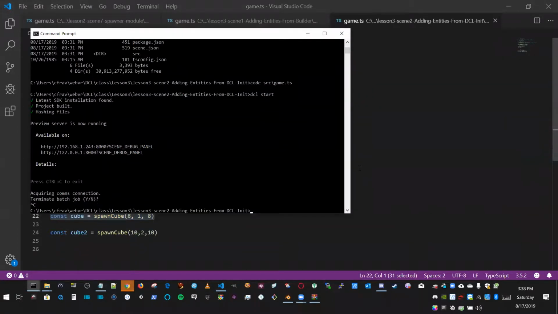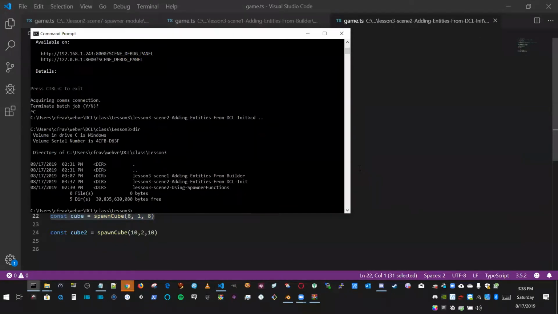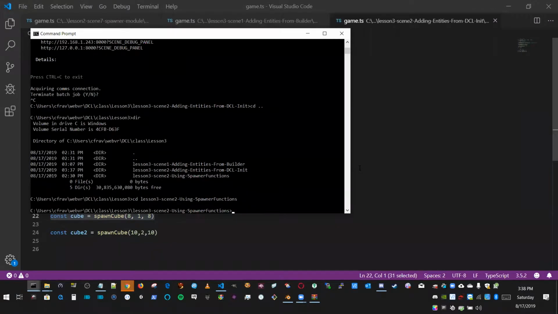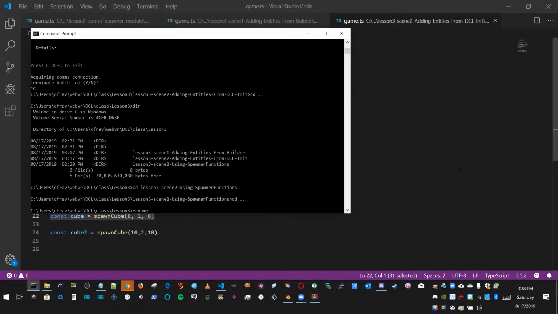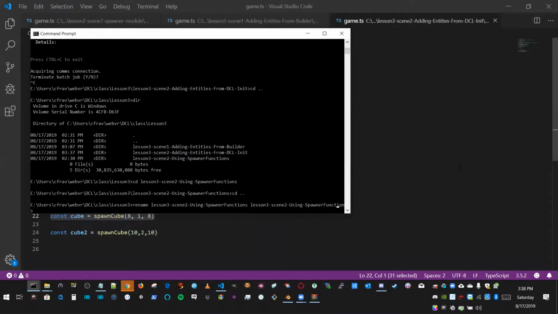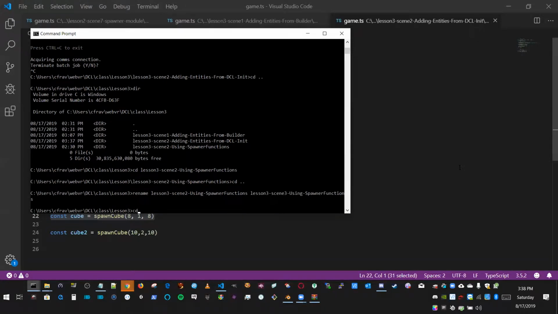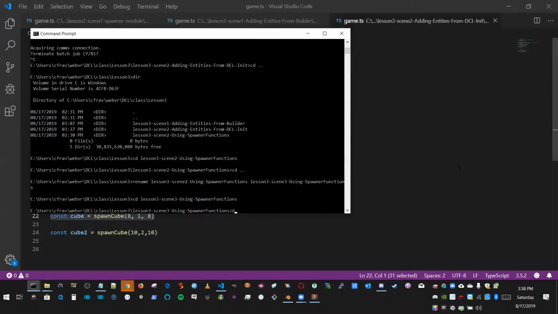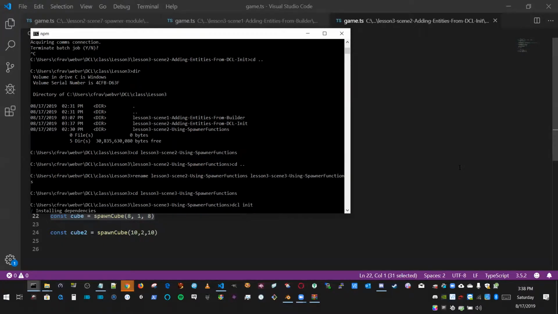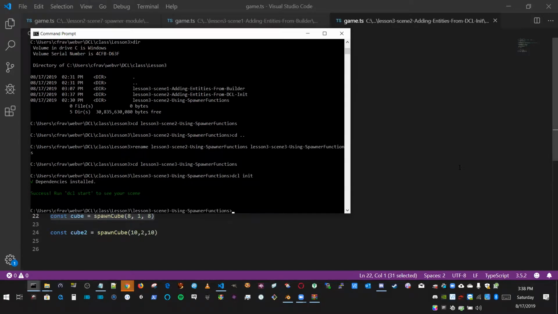I'm going to start with a DCL init here in this empty directory for, you know what, that's misnamed. Rename lesson 3, this should be, yeah, lesson 3. I want this to be scene 3, okay. DCL init. I'm going to make all these scenes available after the class, so you can have them to restudy. Okay, so